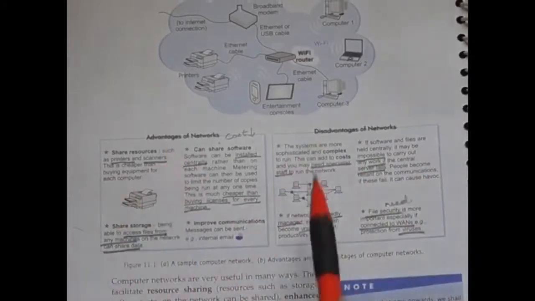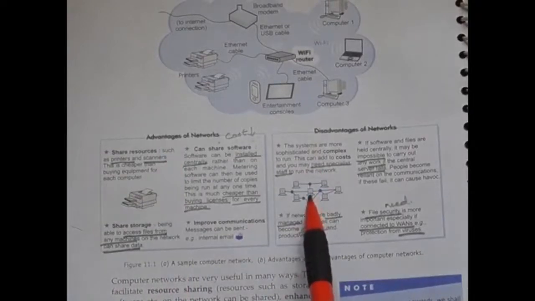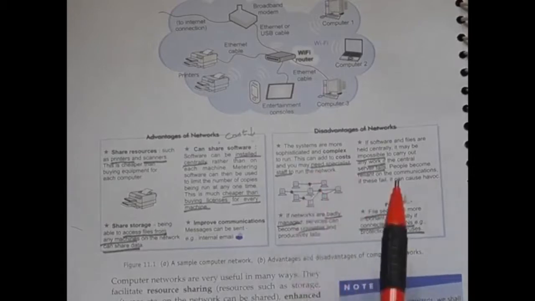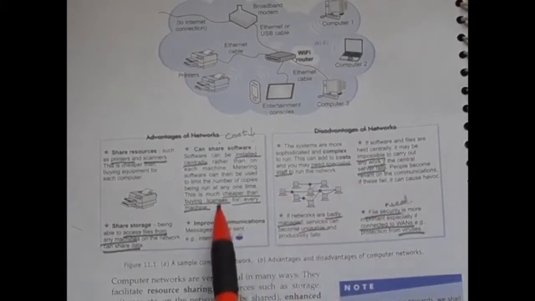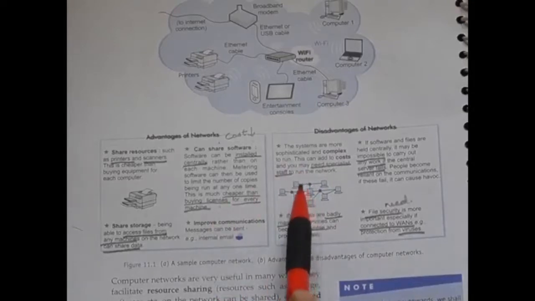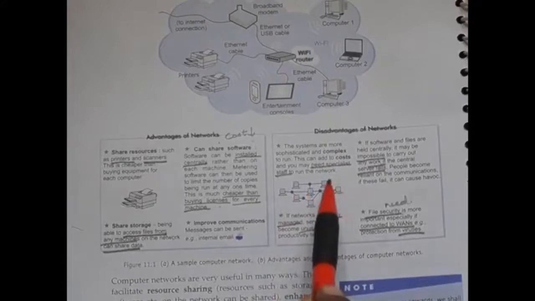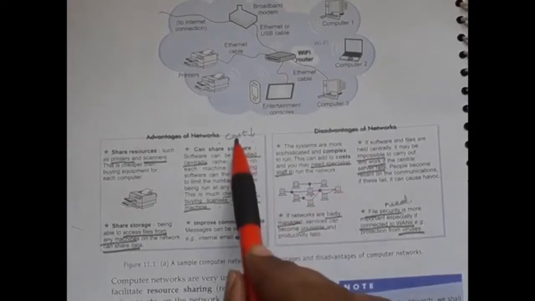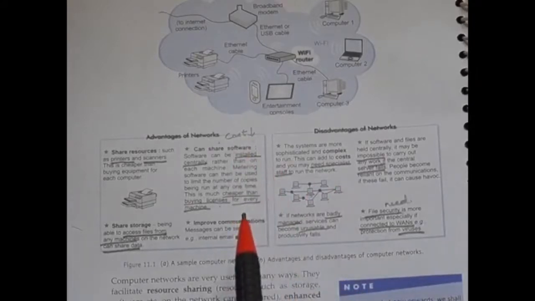Okay, so for the server computer alone, we are installing the software, we are paying the amount and we are getting the license. Okay, such that the software can be used by all the other computers. Here also there will be a cost effective method. Got it? Okay. And next one is improved communication.